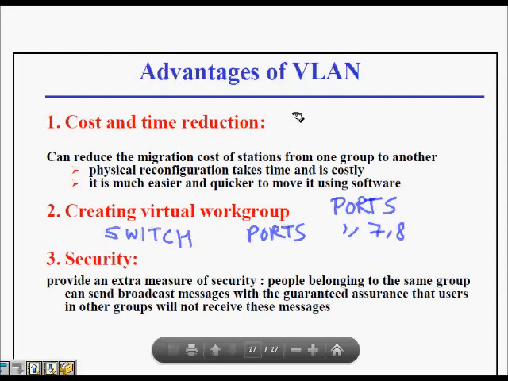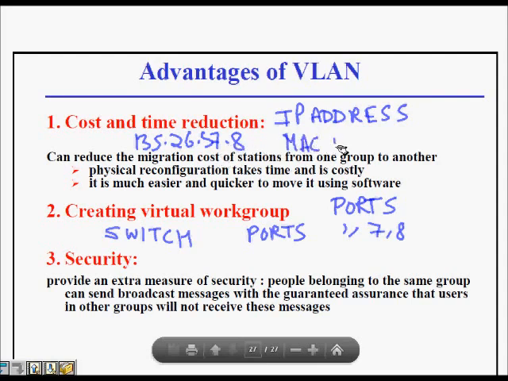Another way is to use the IP address to create the virtual LAN, so that the IP addresses 135.26.57.8 and 135.26.57.12 are on the same VLAN, something like that.